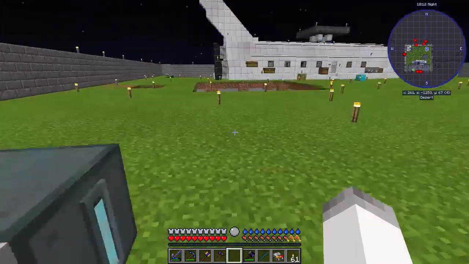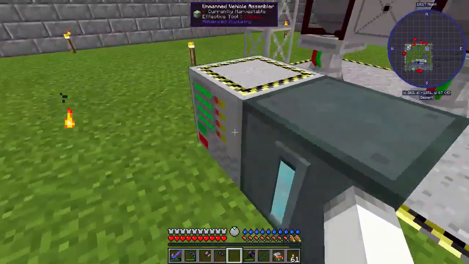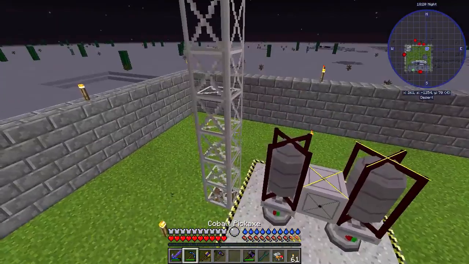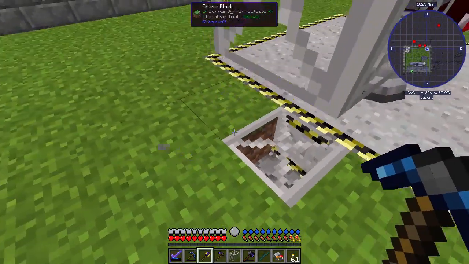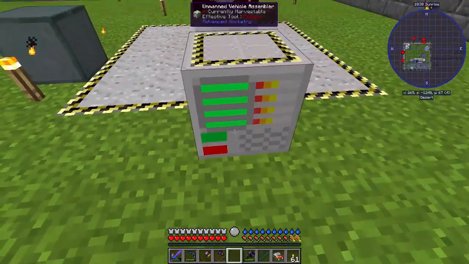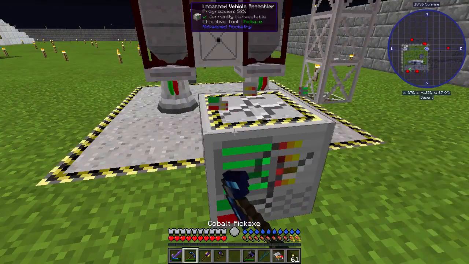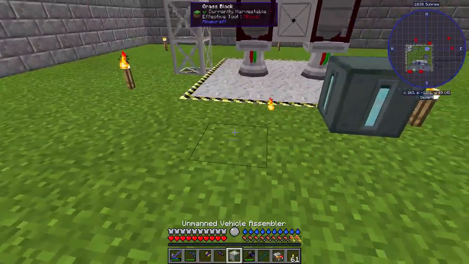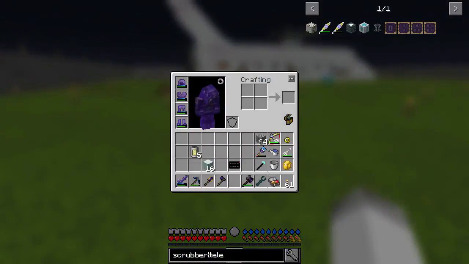And it says invalid launch pad. Let's break one of these and put it back. What could be wrong here? Do you need to go somewhere else? I am running into issues. I wish it told me what was wrong. And unfortunately there's no book or anything like that, so...